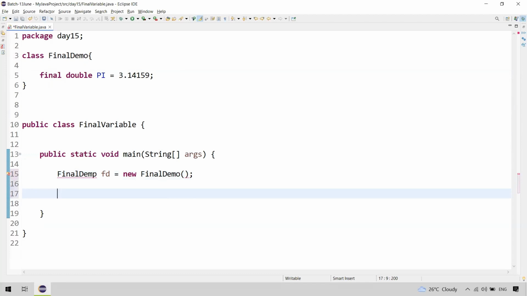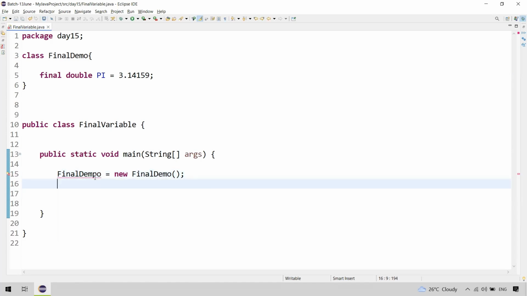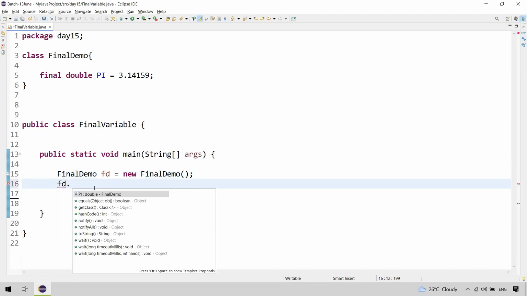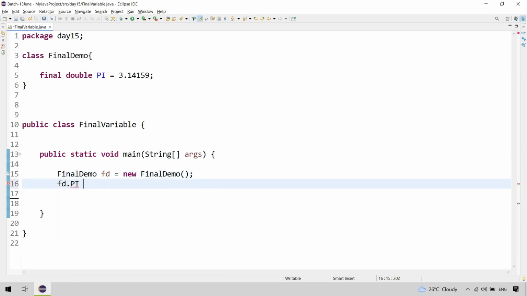Then I'll access this FinalDemo object, fd.pi equal to, say, I want to change the definition of it. This is not allowed. If you observe, we get an error saying the final field FinalDemo.pi